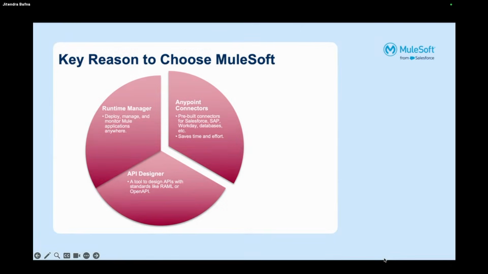Then we have Runtime Manager. Runtime Manager is a place where you can deploy, manage, and delete your application. Runtime Manager also provides options where you can connect to your on-premises systems. So basically, you have deployed your application in the cloud and you want to connect to a system which is behind the firewall, maybe your database exists in your corporate network. It allows you to set up that connectivity from your cloud to the on-premises system to access the data. You can use VPN, IPsec tunneling. We're going to talk about those.